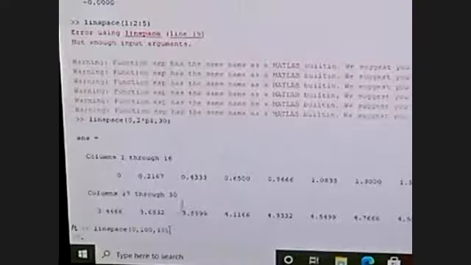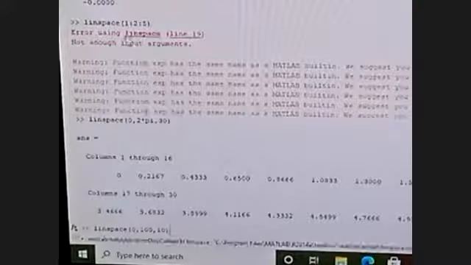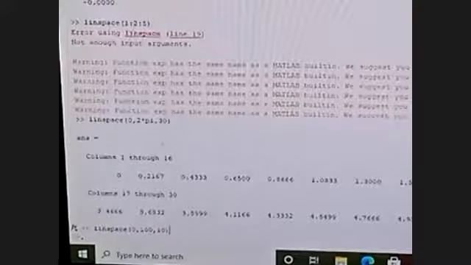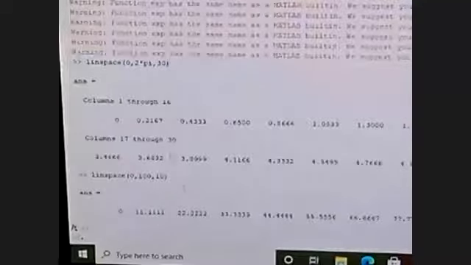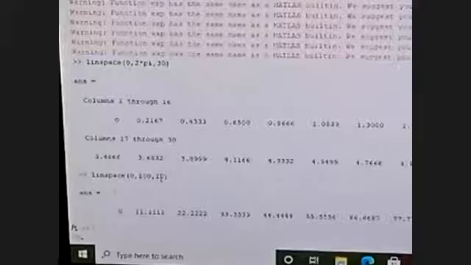See here, I typed the syntax wrong. It is not 1:2. The syntax should be 0, 100, 10. Let us take linspace of 0, 100, 10. In between 0 and 100, there will be 10 values. See here, in between 0 and 100, there are 10 values.